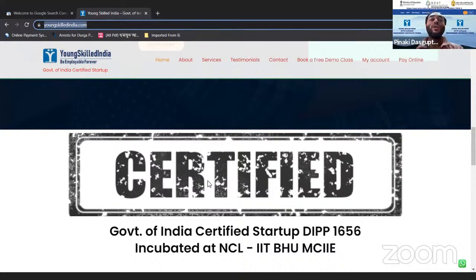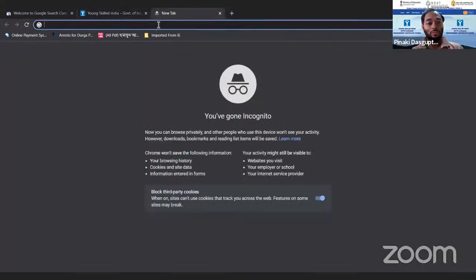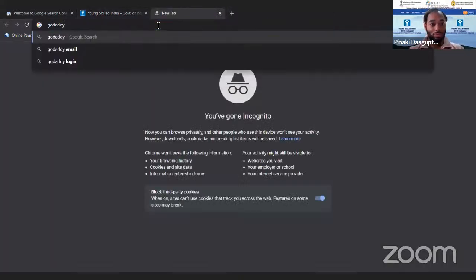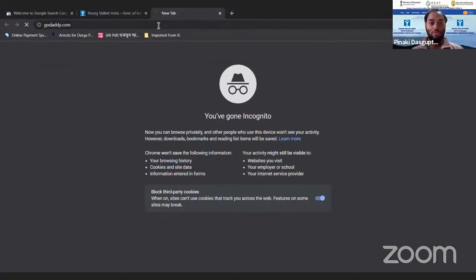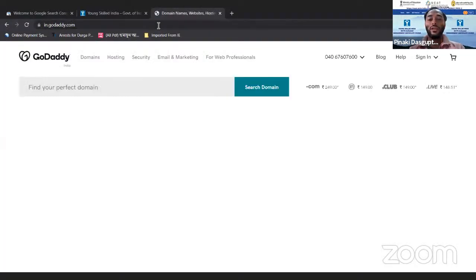So this server is basically the hosting, where it holds all the data of a website. When you want to create your own website, you have to purchase two things: one is the domain name and another is the hosting. There are several domain and hosting providers.